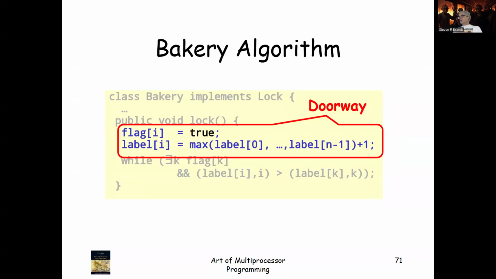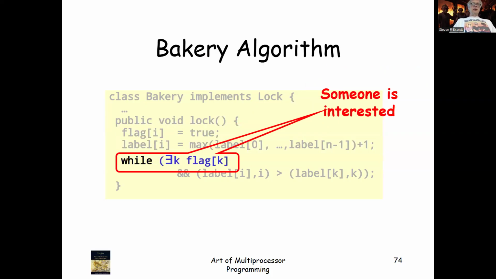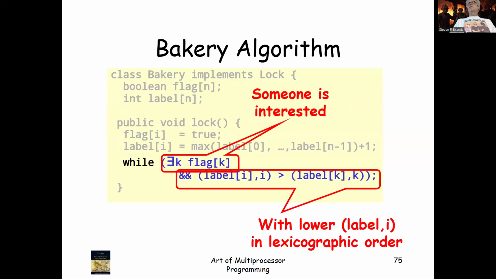And your turn is sort of set in stone. If you want to think about this, it used to be in bakeries, right? You would come in and there would be a bunch of numbers there, and you would take a number and then you would wait for it to be called. Once you take that number, you've gotten through the doorway. Up until then, you could fight to get to that thing to take the number, and there's no fairness there necessarily. But once you have that number, you have your turn. Okay, make sense? So that's what the doorway is. The doorway is getting through there, and then the waiting comes next. Yes, the doorway interval is when you establish your position in line. You're battling for the ticket.